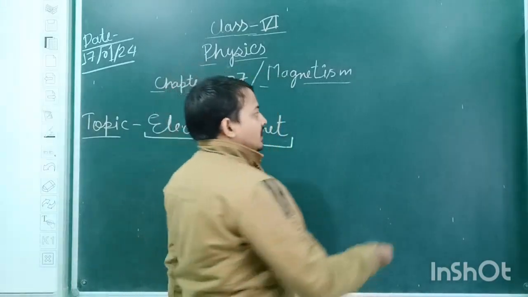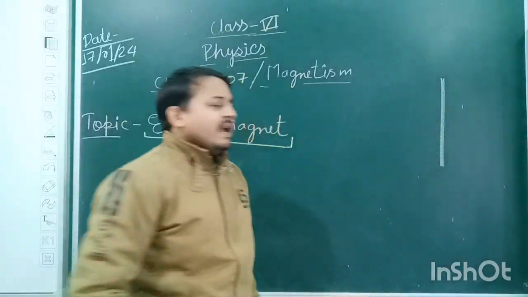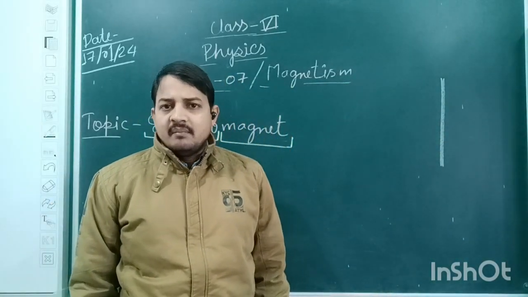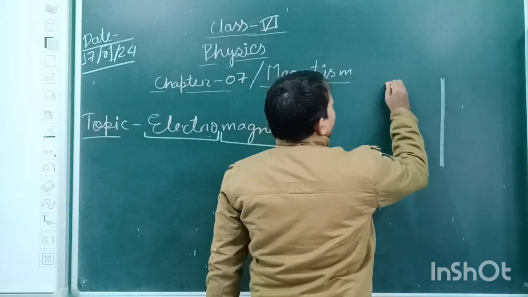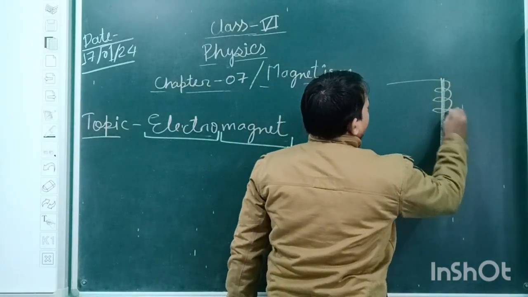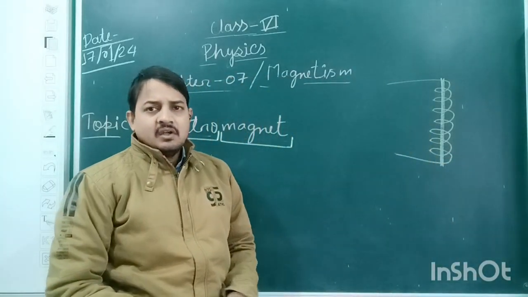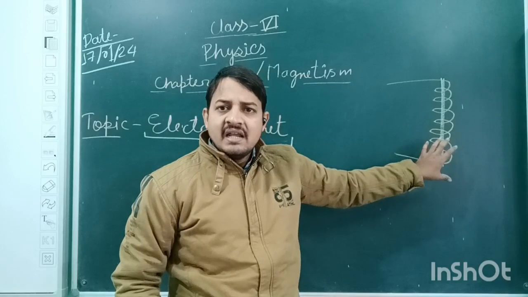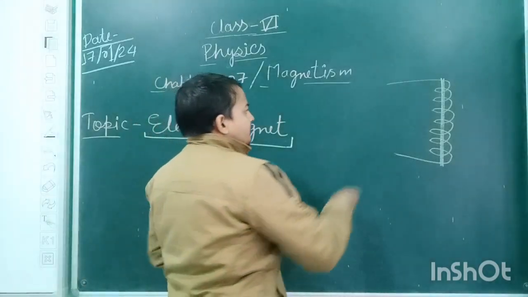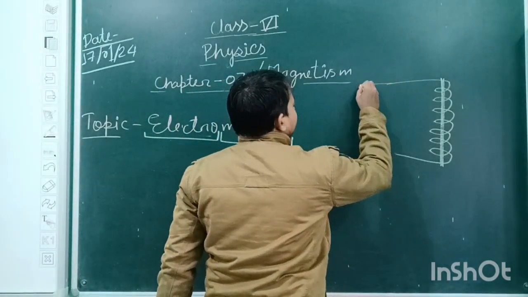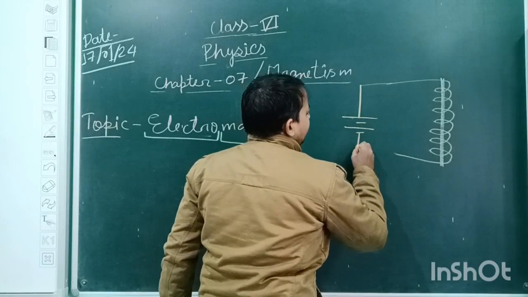Now see how it has been made. First of all, this normal line I use to represent a soft iron bar. Now we have to take some copper wire and simply wind the copper wire on this conductor. Earlier it was a normal conductor, but now I have wound an insulated copper wire on it. Now just connect this with the help of a battery.